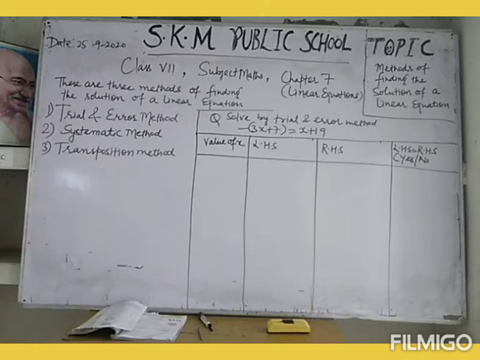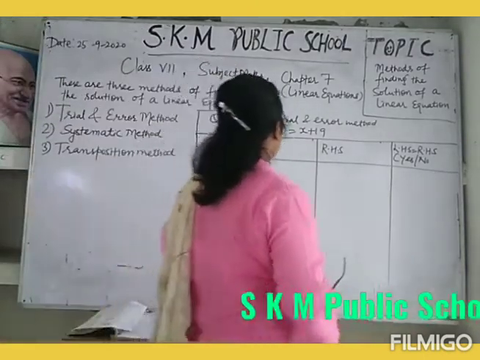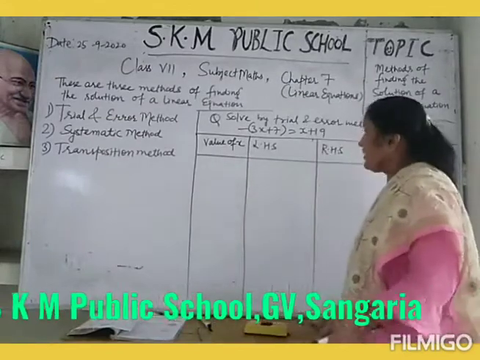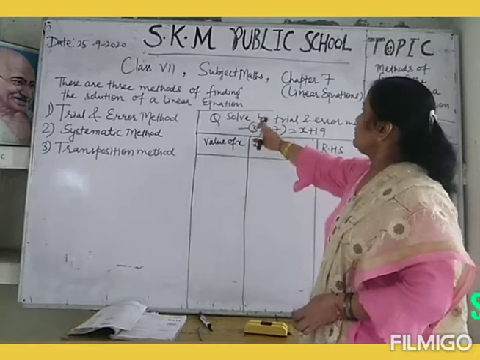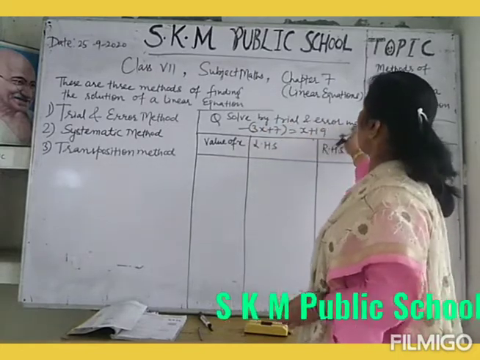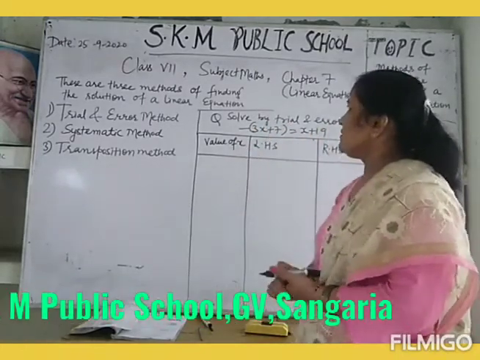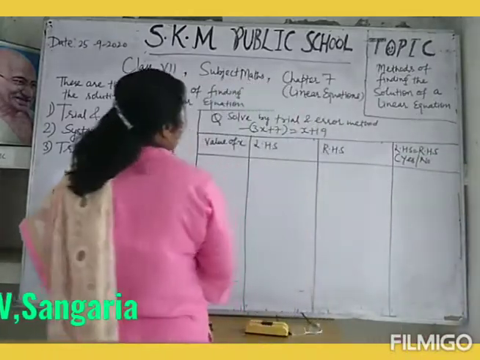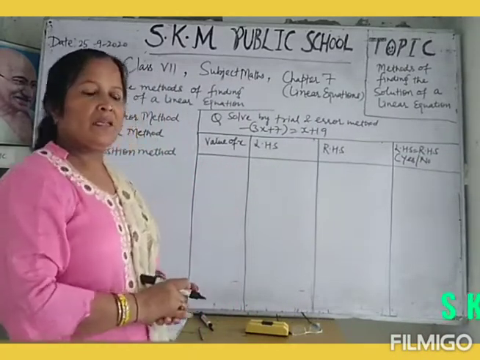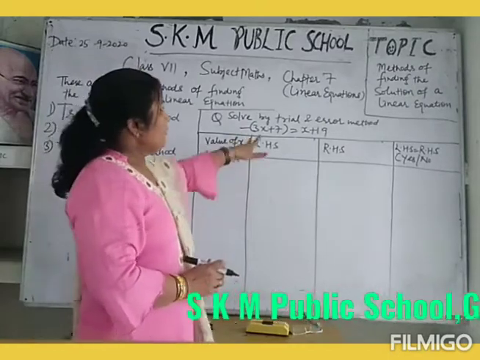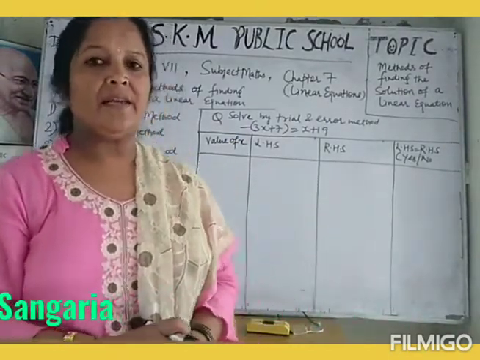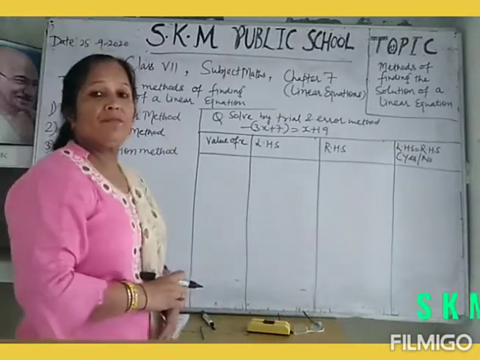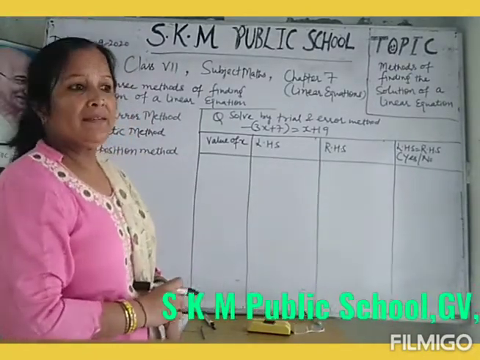In short, in the trial and error method, we have a question: solve by trial and error method. The equation is minus 3x plus 4 is equal to x plus 19. In this equation, two sides are there, left hand side and right hand side. We just give values to x